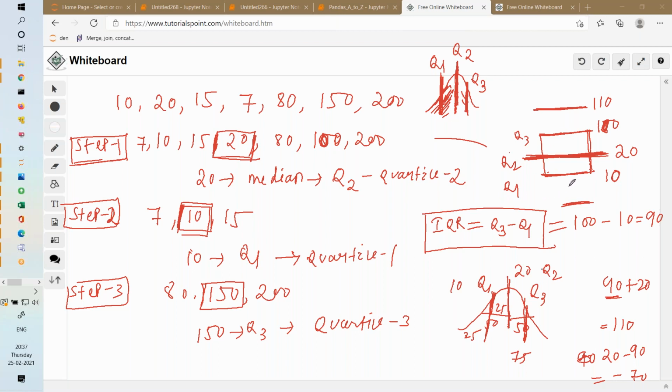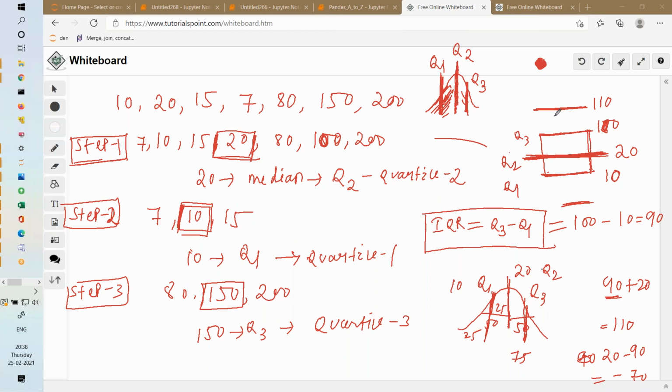Once I get my Q1 and Q3, I will set the IQR, the interquartile range, and any point from the median I will add plus IQR and minus IQR. That is my boundary. Now any point which is outside of that boundary is an outlier. From the lower side I don't have any outlier, but on the higher side 200, which is coming here, is an outlier. Clearly in the graph you can see this dot outside; this is an outlier.